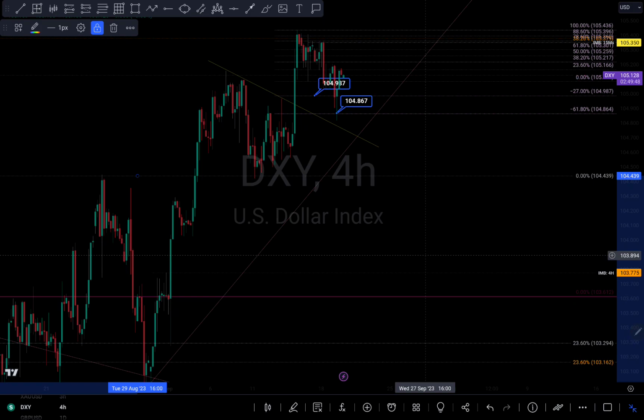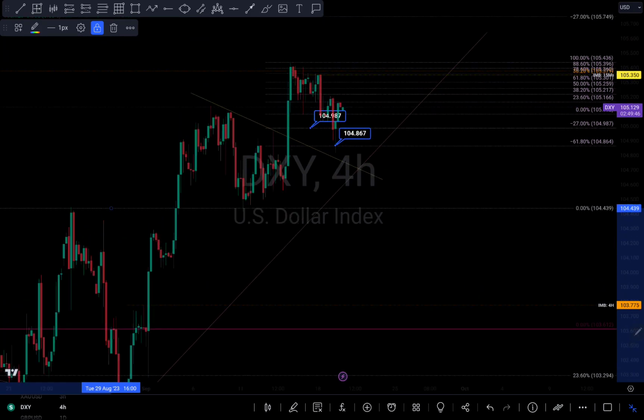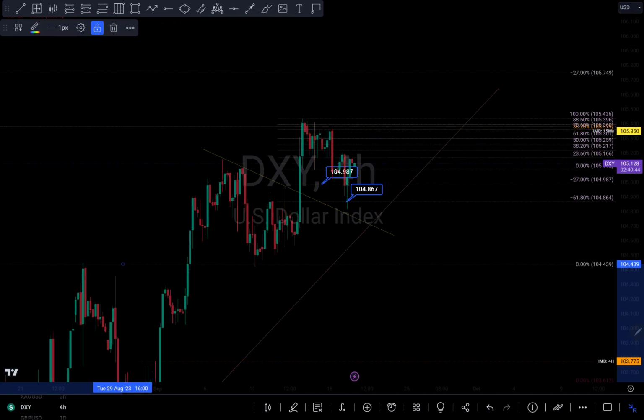What am I expecting on the XY, guys? If you watched my previous analysis, I said I was expecting the XY to push down to my negative 27% fib level, and we did. So I said as long as we are still going to continue to push to the downside, I'm expecting it to at least come down to my 61.8% fib level, which is 104.8, around that area right there,